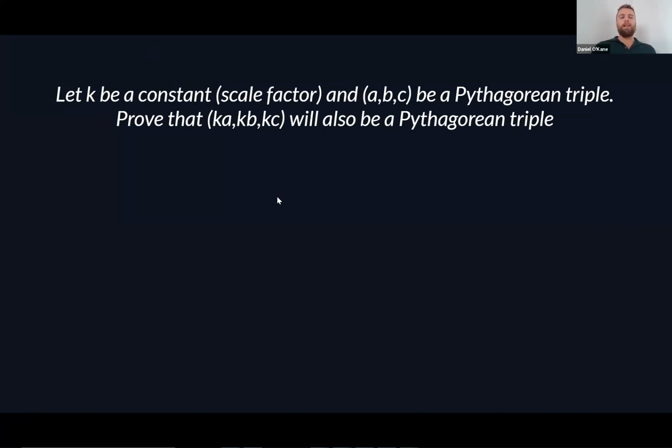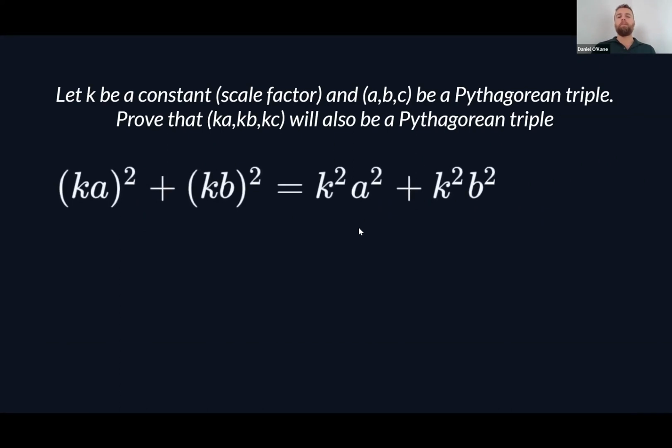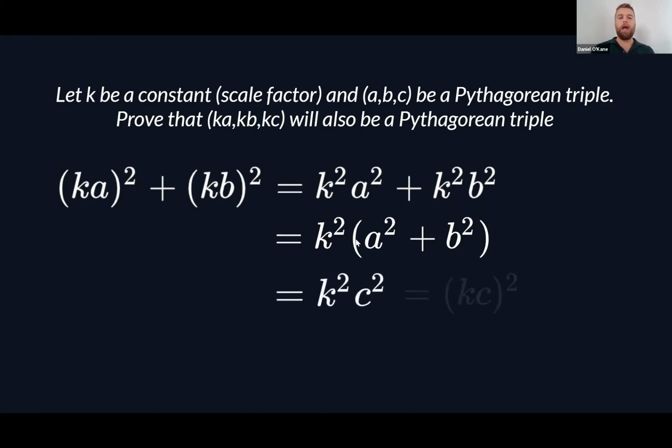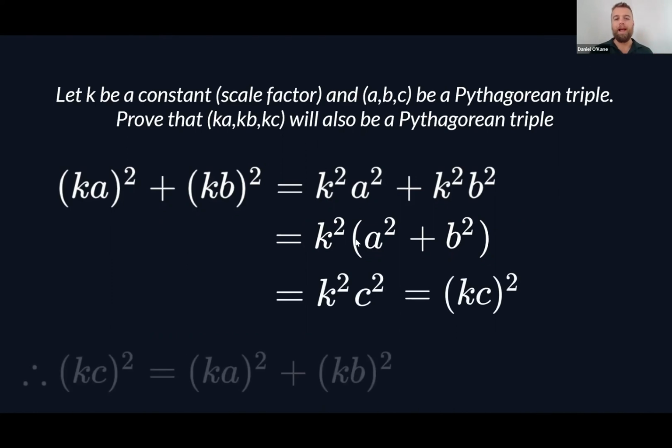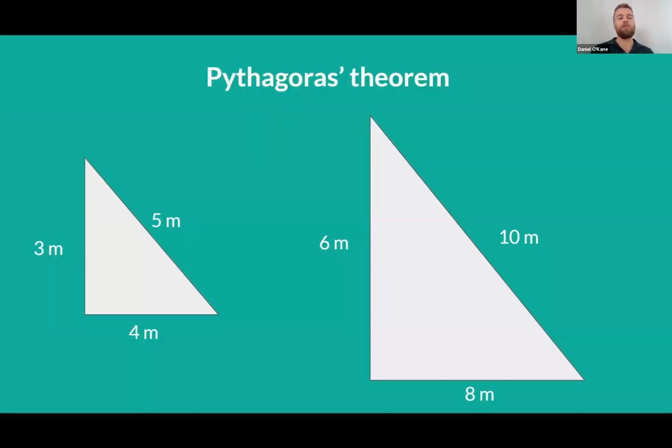Remember I proved using algebra that if that Pythagorean triad A, B, C exists, and you multiply each of those lengths by a scale factor K, then Ka, Kb, and Kc also form a Pythagorean triad. We saw that proven using algebra. If you use geometry now, right-angled triangles are similar figures when they have those specific ratios. Looking at this basic example, so 5,